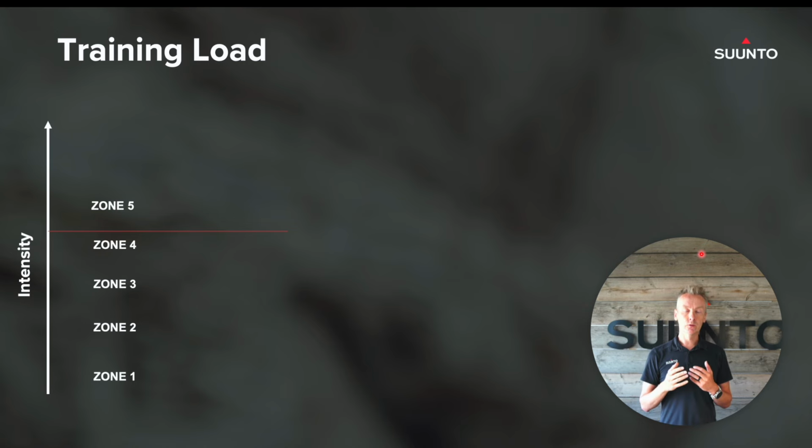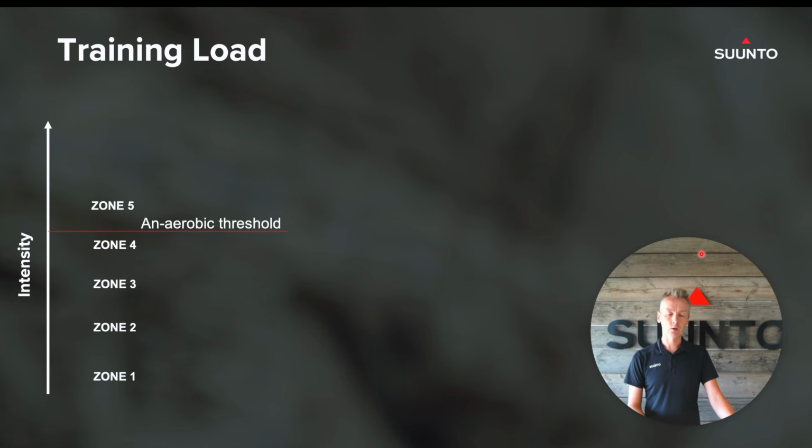So it's good to understand that there are different zone methodologies which you might follow, but in Suunto, when it comes to training load, we look at what is your zone 4 to 5 limit, which we believe is the anaerobic threshold, because that's the one that we will then use in